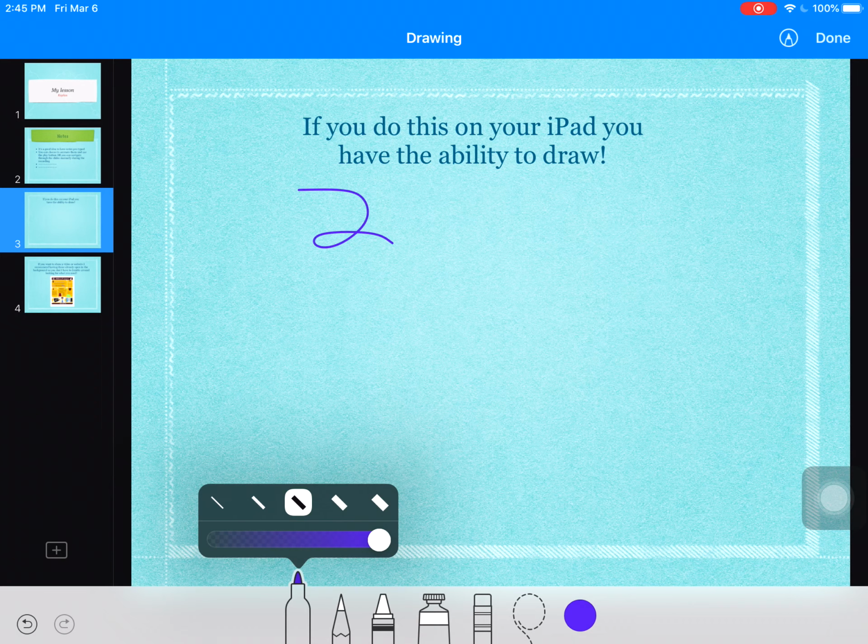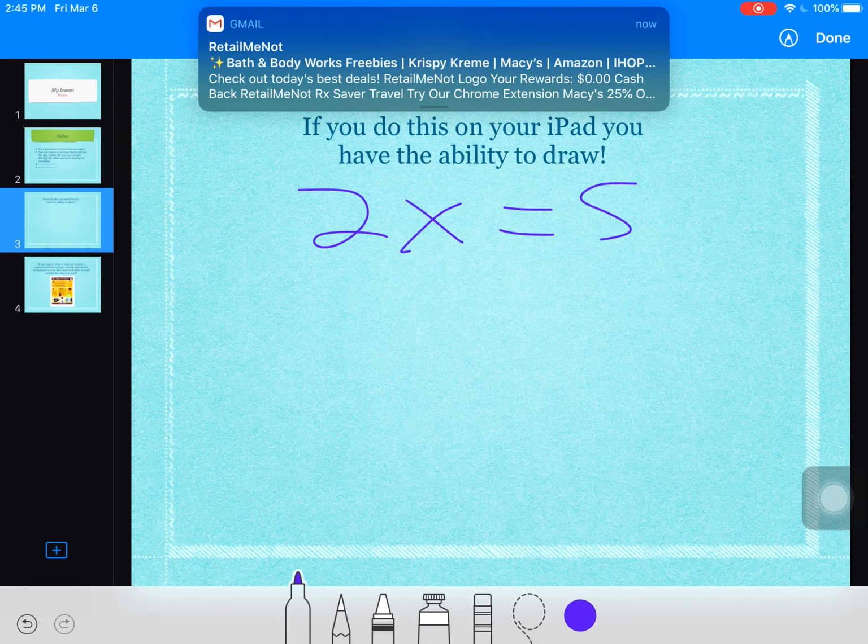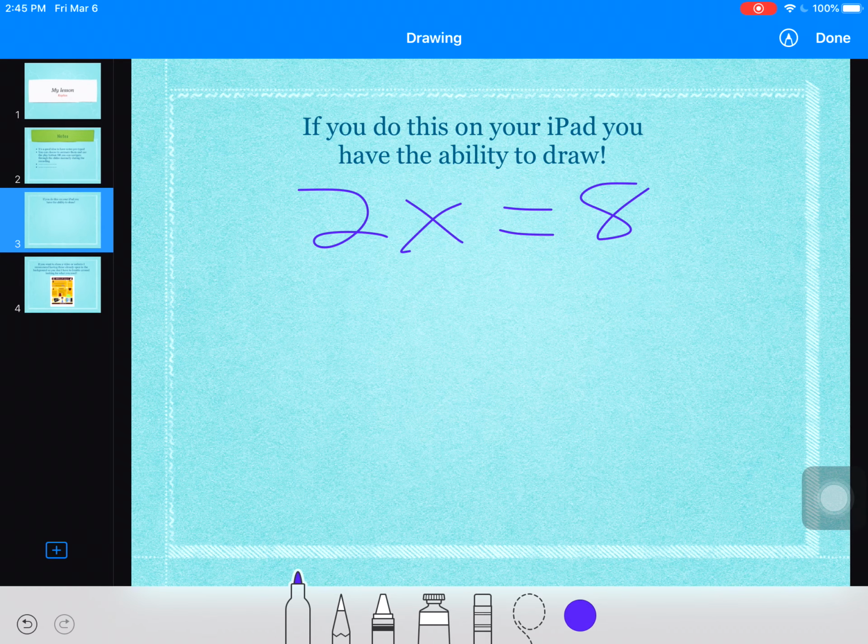You could do a math problem, you could write notes, you can draw a picture, you can do what you need to do. If you have an image of a map, you could draw on it, however you needed to do it. And then I would suggest, since you're recording live, that instead of erasing, you just add